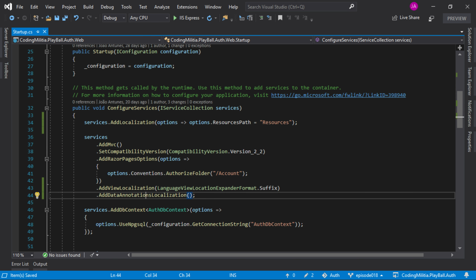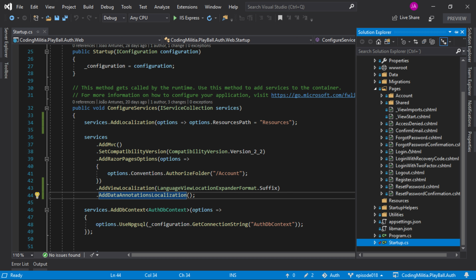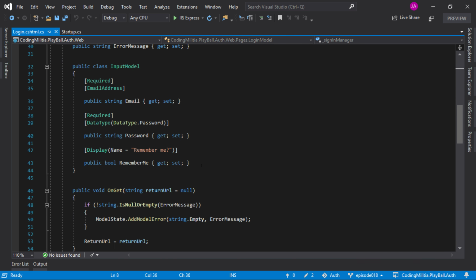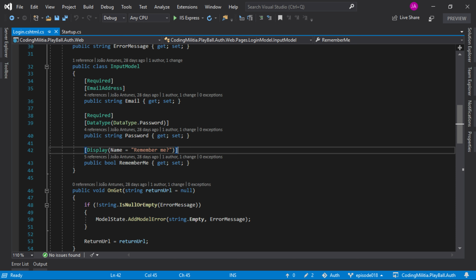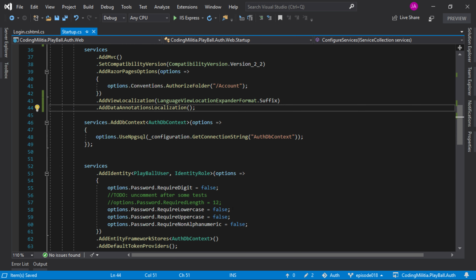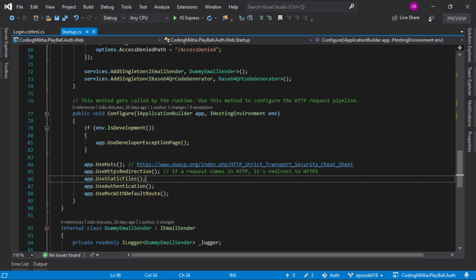So we can have data annotations, let me open the pages, login. So we have these data annotations like this one. So we'll change, for it to be localized, we must configure it like this. So I think this is it for the services. Now over here we need